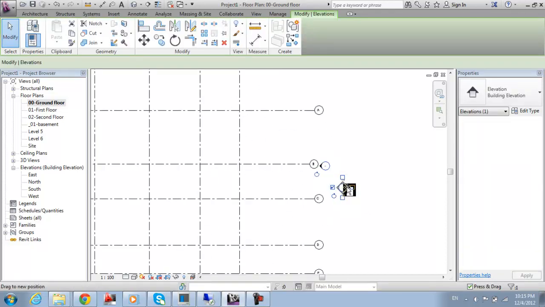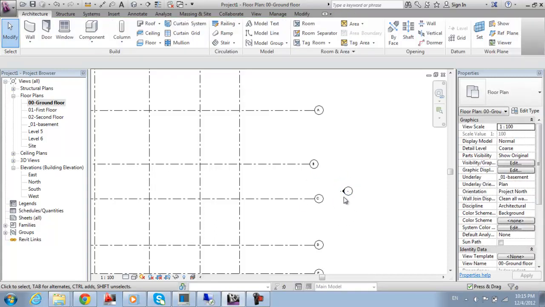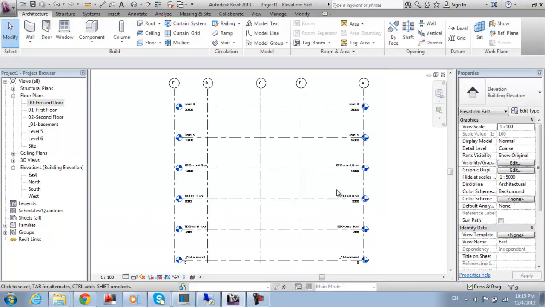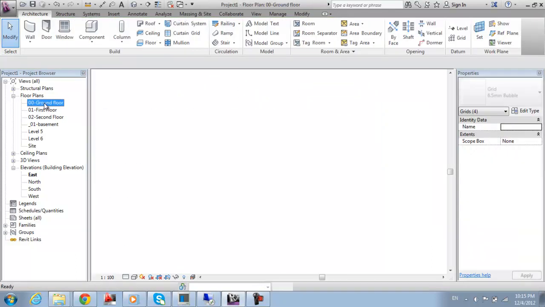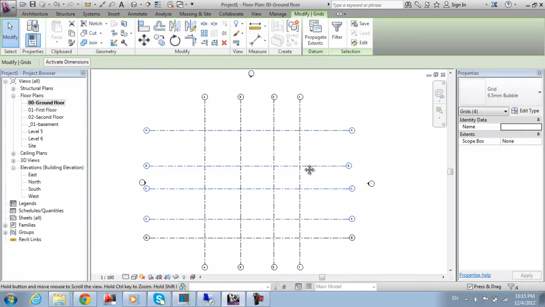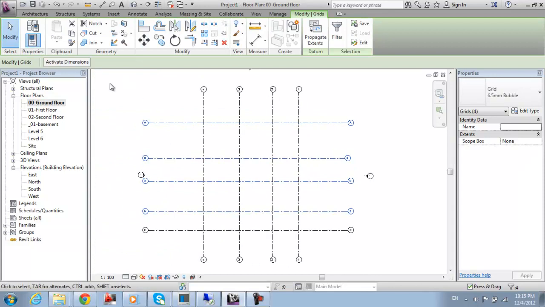Look, in this case, what is this? This is just a default elevation sample in Revit. Double click on it, and it will open the sections or the elevation. East elevation. Look, this is the grid, you know, and this is the level. Let's go back to ground floor,